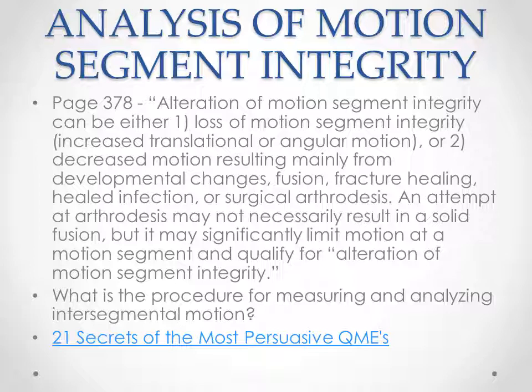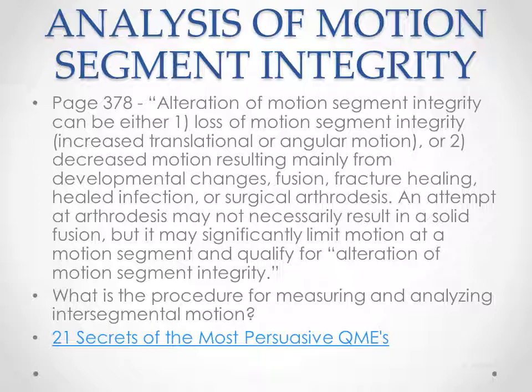Finally, on page 378, the guides finish up by saying that there are several different causes and several different classifications of loss of motion segment integrity. They state that alteration of motion segment integrity can be either number one, increased translational or angular motion, or number two, decreased motion, resulting mainly from developmental changes, fusion, fracture healing, healed infection,